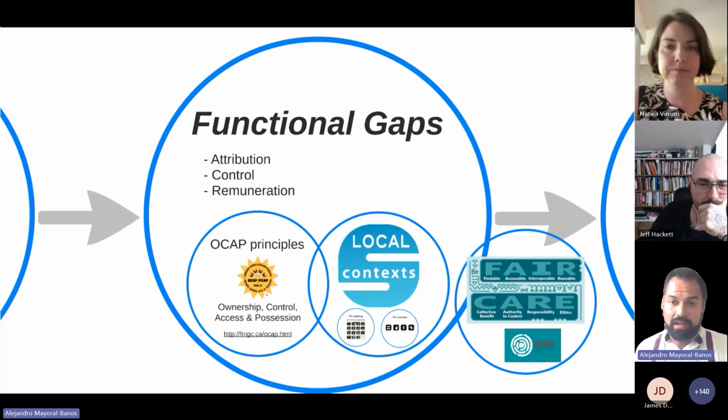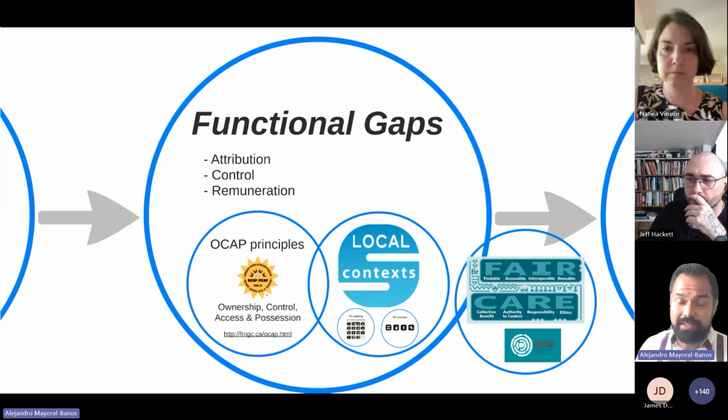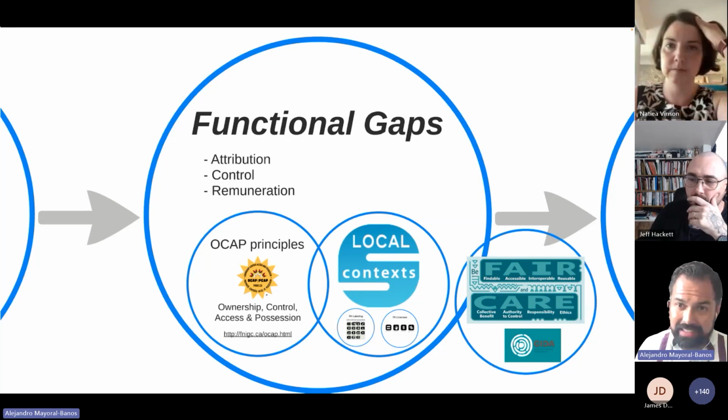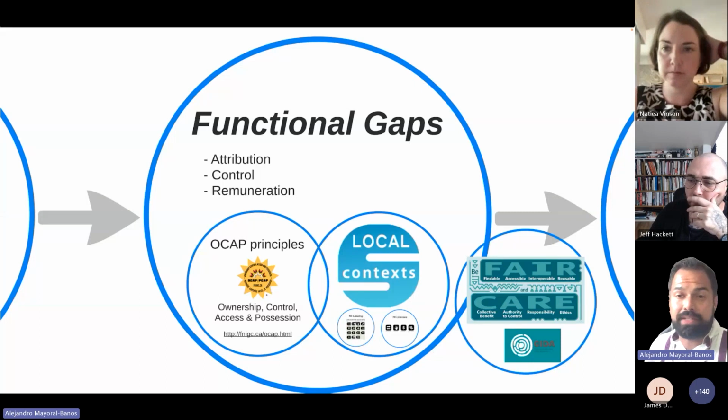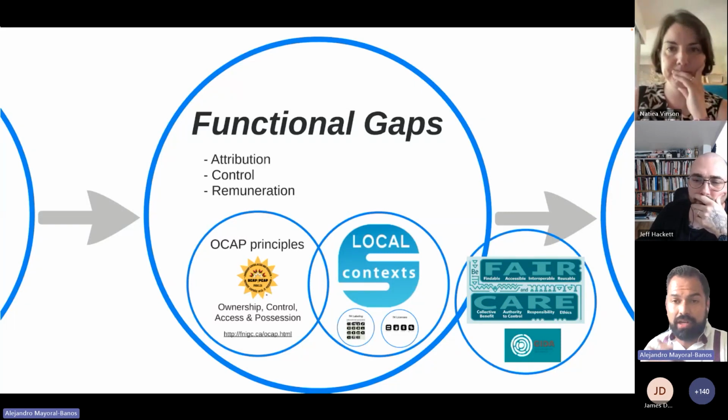Local Contexts, that is an initiative that started at the University of New York with Professor Jane Anderson about protecting traditional knowledge in the digital space, and especially in the GLAM sphere, in galleries, libraries, archives, and museums, and how important it is that nations and communities have control of their data. And of course, the CARE principles that have been shared and spread across different nations on how these principles need to be attached when we are trying to protect indigenous data.